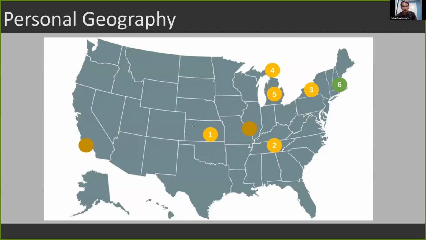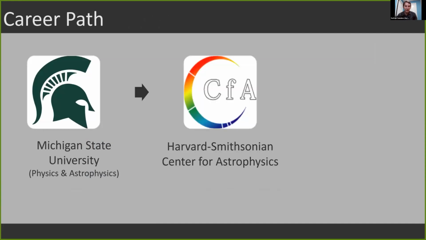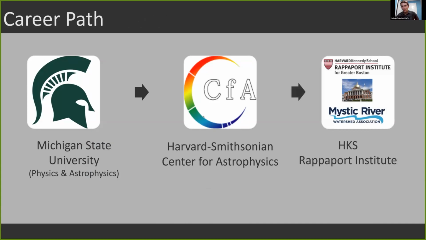Okay, so I'll start with me. I've lived all around the country. I've been in Massachusetts for more than a decade now, and all of my current work and work for the last decade has really focused in MA. My background is in physics and astronomy. I was an astronomy major in undergrad and I did my PhD in astronomy. That's how I came out to Massachusetts, going to the Harvard-Smithsonian Center for Astrophysics. It was while I was in grad school that I got really interested in policy and environmental issues and environmental justice. I'd always been interested in those, but I didn't really understand how that interest could intersect with my professional skills and specialization as a